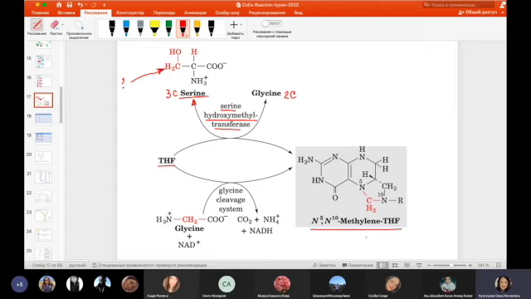synthesis of purine nucleotides. Second reaction on this slide is cleavage of glycine. It is catalyzed by the mitochondrial glycine cleavage system, it leads to formation of easiest simple